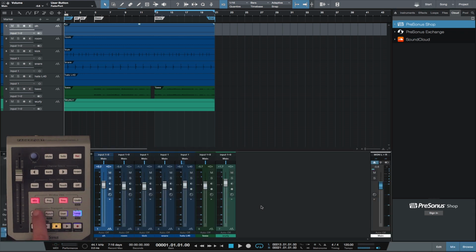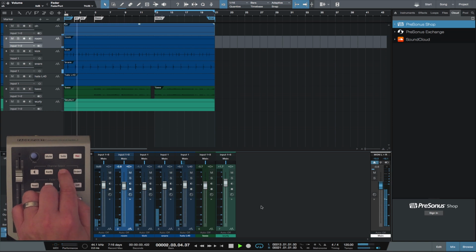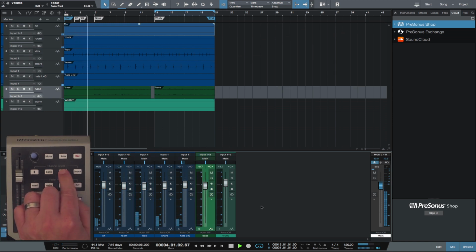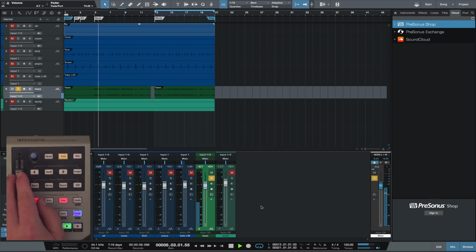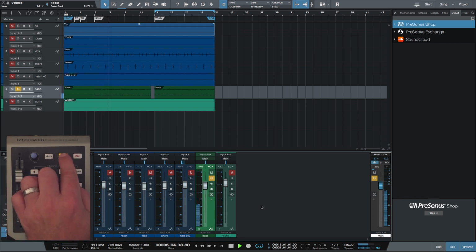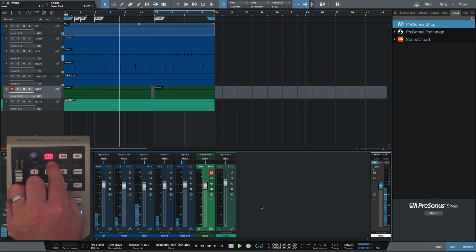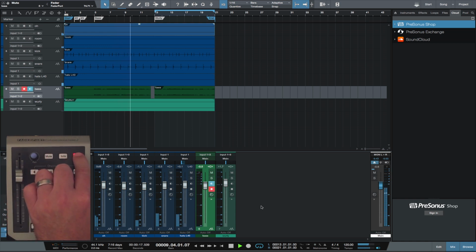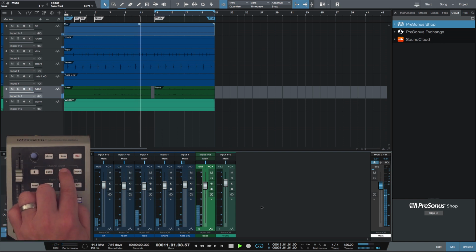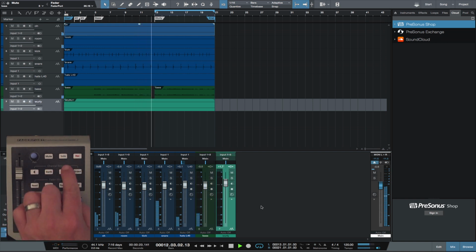And I have to say the fader feels really nice. All of the buttons and knobs feel really well made on this thing. It seems to track really well in Studio One 3, and whatever channel is highlighted in the mixer is the channel you're controlling. The left and right arrows allow you to jump around to whatever channel you want to control. We have a solo button, mute control, record enable, hand control,